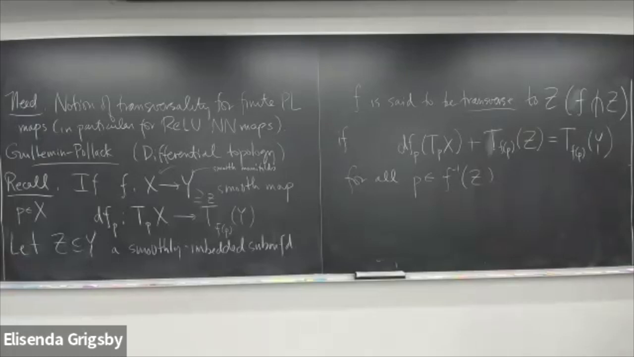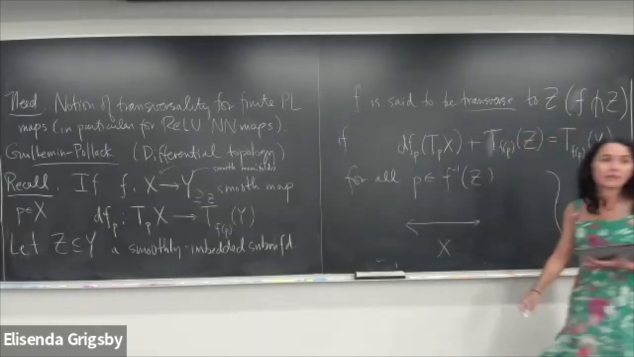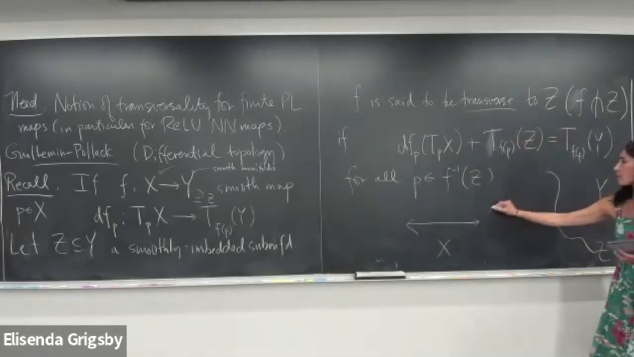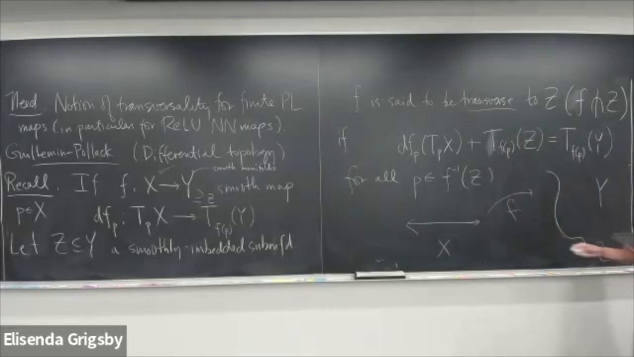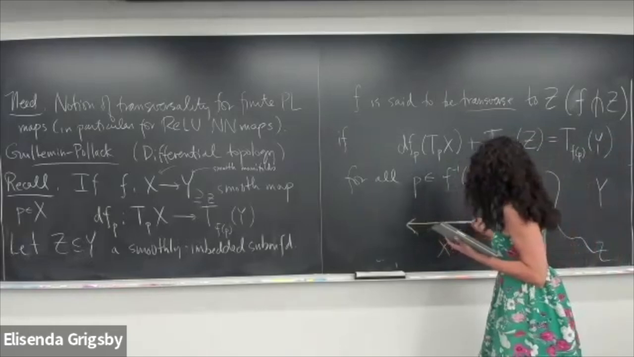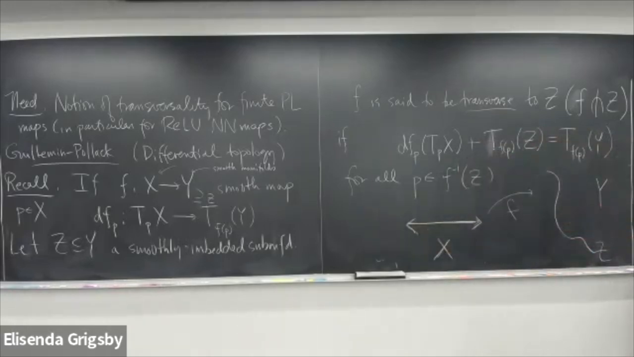A broad picture. Okay, so here's Y. Here's Z sitting inside of Y. And here's, let's say, X. We have a map F. I'm going to make X be a color so that you can keep track of it. So you have this image, and what you want